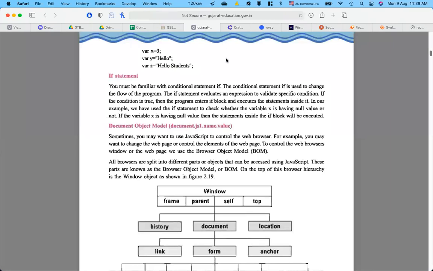So I think I can see no hand raised. That means this topic is not clear to all of you, or you have not learned about these conditional statements. Okay, so we'll just discuss a little bit about them then.